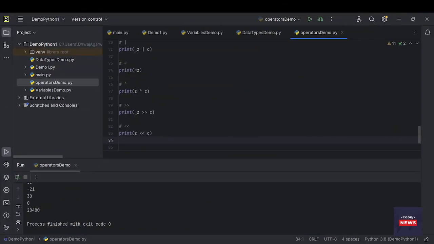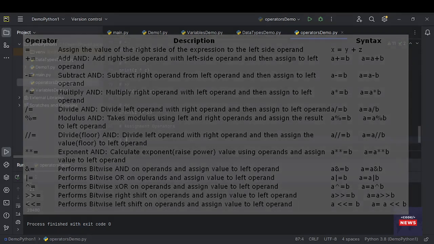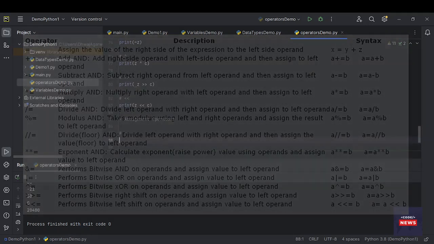Next type of operators in Python is assignment operators. Python assignment operators are used to assign values to the variable. That is very simple. So our first operator is assignment, that is represented as the equal operator, and we can say